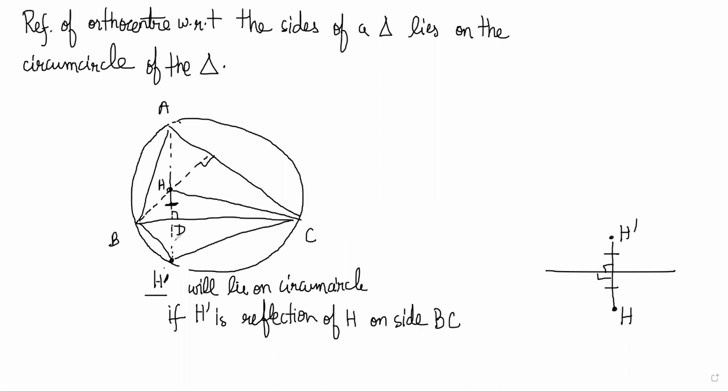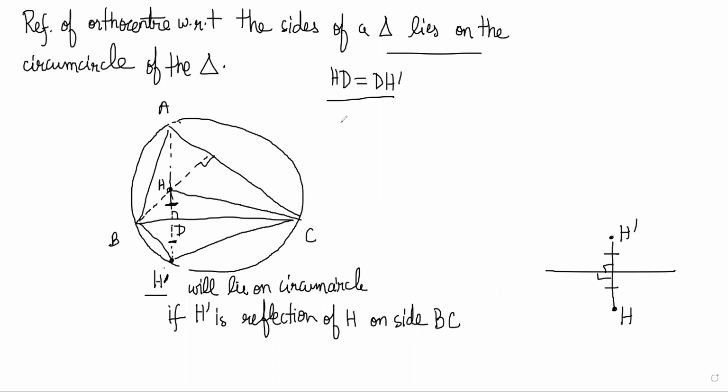But what are you assuming right now? Sir, we need to first assume that it lies on the circumcircle, then we need to prove that it is the mirror image or a reflection. So right now you have to assume that it is a reflection and you will have to prove that it lies on the circumcircle, right? That is the first version. Sir, SAS. Let's assume that HD is equal to DH dash because it is a reflection, right? And by SAS, you can say that it is congruent.